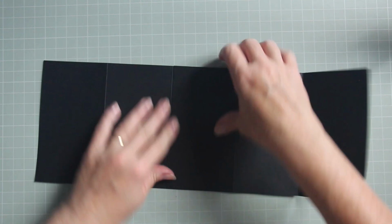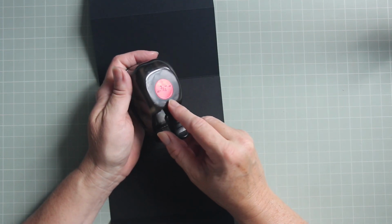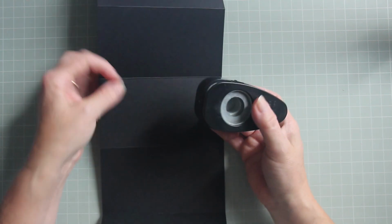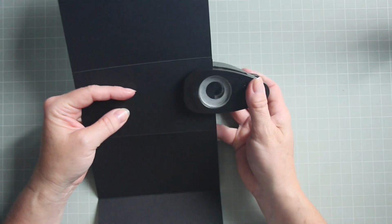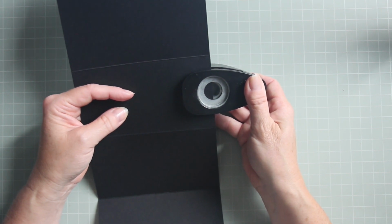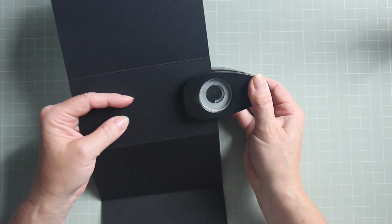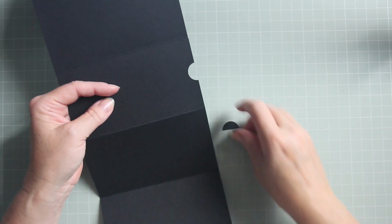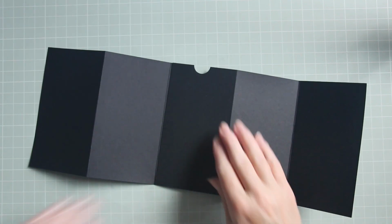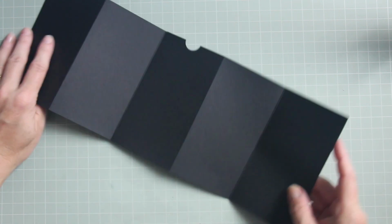And then to help me find this centre a little more easily, I'm going to use a punch. This is a 3/4 inch round hole punch, and I'm going to cut a semicircle. So I'm going to turn the punch upside down so I can see what I'm doing. I'm going to hopefully position it somewhere in the middle of this edge, and I'm going to go bonk like that. And then I've got this nice little reminder that I have got a pocket here,